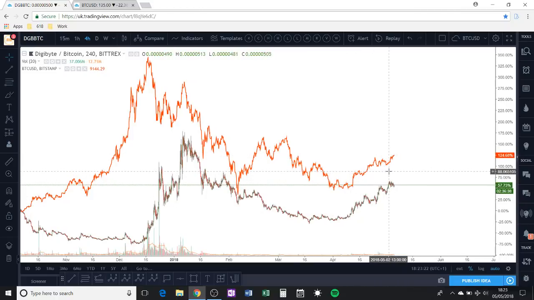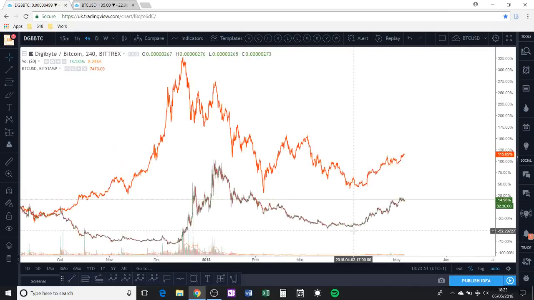So as I mentioned in my last video, I'm expecting Bitcoin to go up to around 11.5k, which is going to retest these points here. At the same time, I expect Digibyte just to come down first before making another leg up in a wave 5 fashion, and that could be quite explosive. It would be a nice trade. So first of all, I'm waiting for it to retrace around 38.2%, so around 420 sats, around that region, and then I'll be looking to get in for a wave 5. So that's my forecast at the moment for Digibyte.